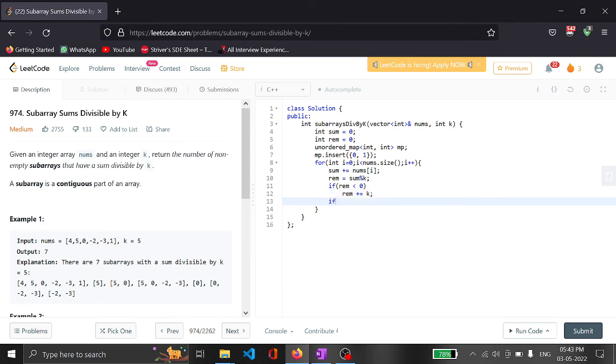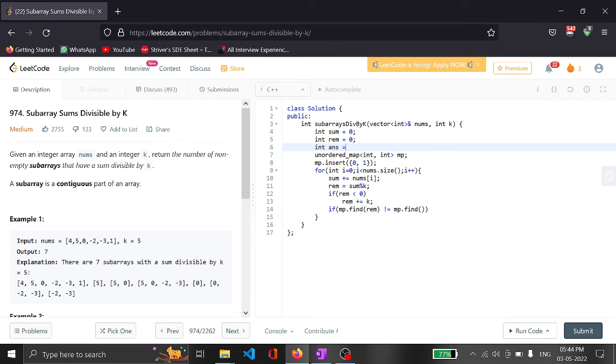And we will check if mp.find(remainder) is not equal to mp.end(), meaning the remainder previously exists in the map, then we will increment our answer with the previous frequency. We will maintain an answer variable, answer equal to 0 initially. So if the remainder exists in the map, then we will increment our answer with the previous frequency mp[remainder], and now we will increment the remainder frequency by 1.